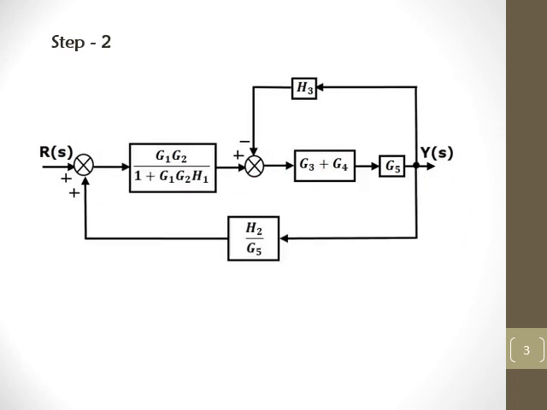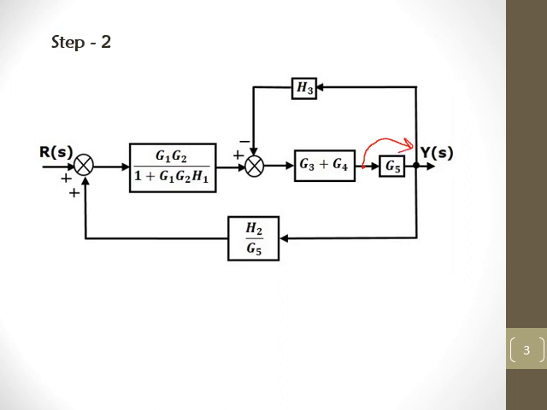Okay, so next you can check here, eliminating the feedback loop, and that loop is negative. So G1 G2 upon 1 plus G1 G2 H1. Okay, here I told you about shifting of the takeoff point, that is, shifting the takeoff point after the block. So what we applied here: we have seen that a takeoff point is there, and we have shifted that takeoff point here.